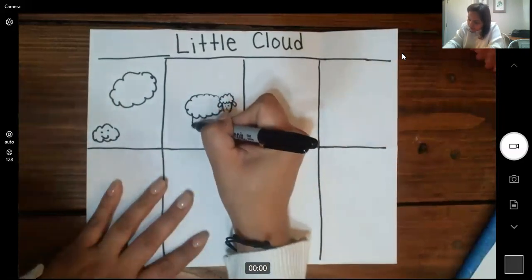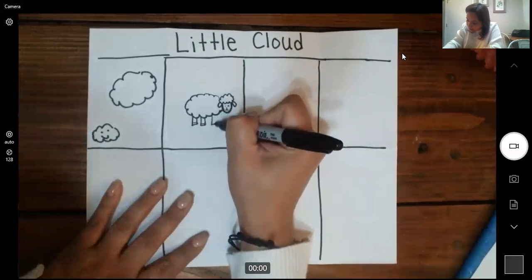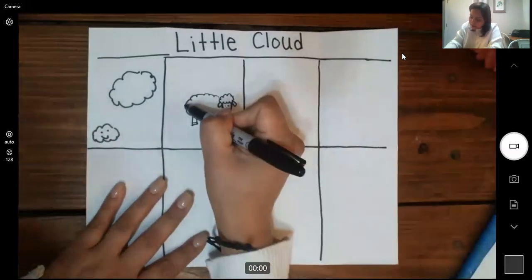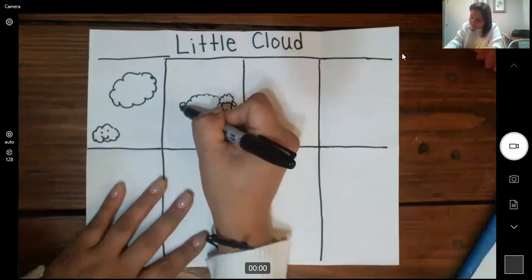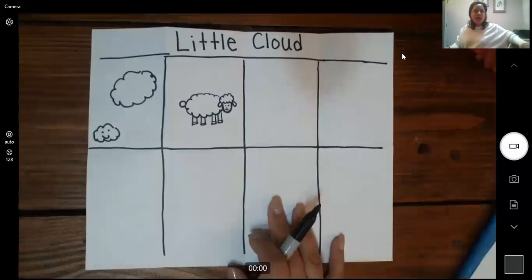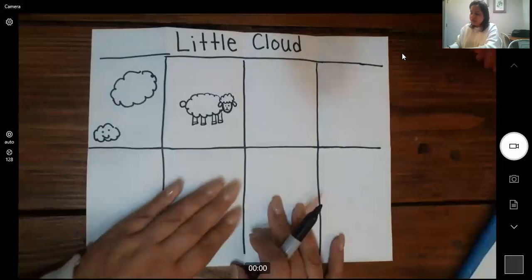And then I'm going to do legs. And then for the legs, I kind of use rectangle shapes for the legs. All right. Oh, and I forgot the little tail. There we go. All right, and then after that, the little cloud changed into